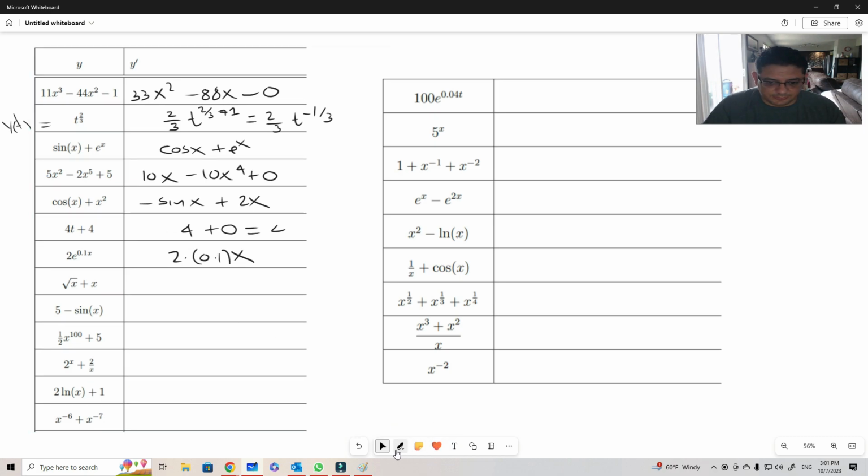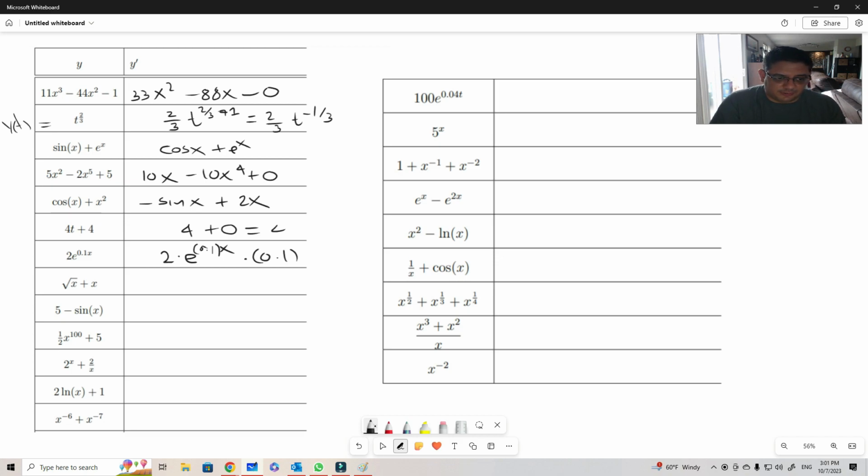Let me erase this here. Okay, this is 2 times, and the derivative of the exponential is the exponential itself times 0.1, which is the constant here. Not 1 over 0.1, but